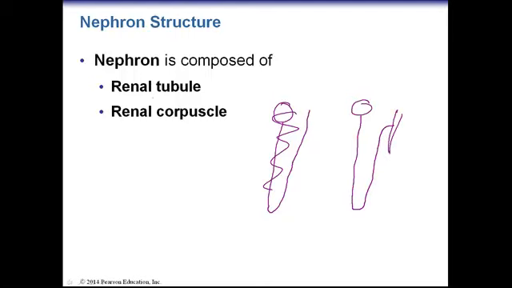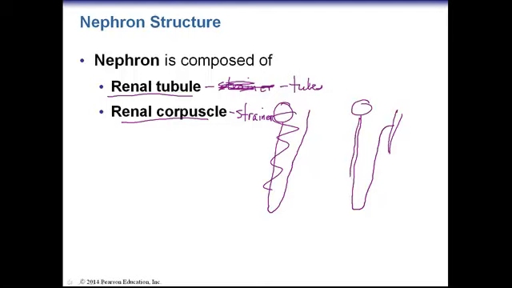Okay? And then the renal corpuscle. So the tubules, these are the tubules here, and this is the corpuscle. So this is the strainer. I'm sorry, got them backwards. This is the strainer. They should have had this first. I don't mean to confuse you, really. And the tubules here,